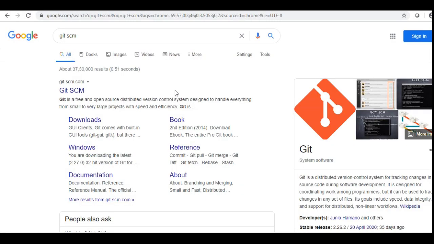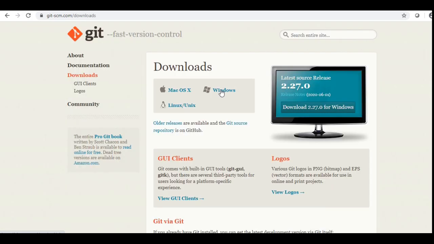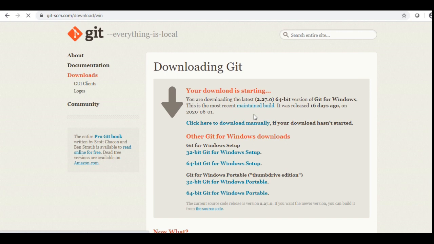As we do not have Git SCM on our machine, we will download it first. Go to the git-scm.com website. Click on the operating system that you are looking for. I will click on Windows and it will start downloading Git.